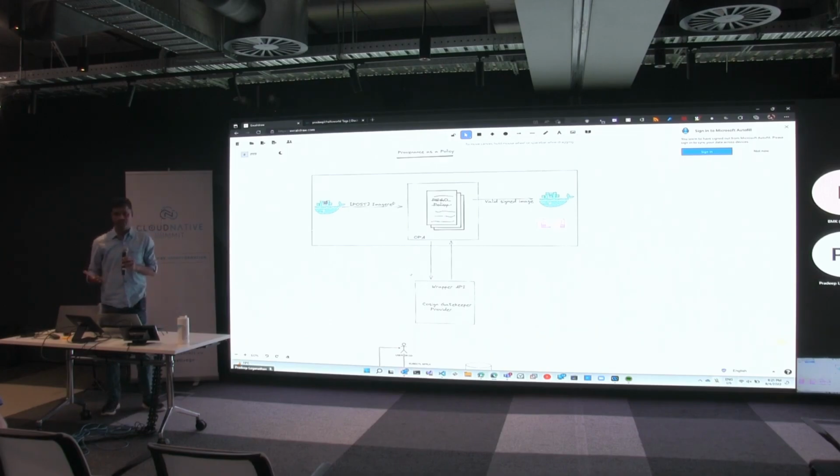Basically, whenever you try to pull an image, it goes and verifies whether it's a signed image and whether you trust the signature authority of that particular image, and only if you trust it would it pull it into your Kubernetes cluster, or it would reject that pull.